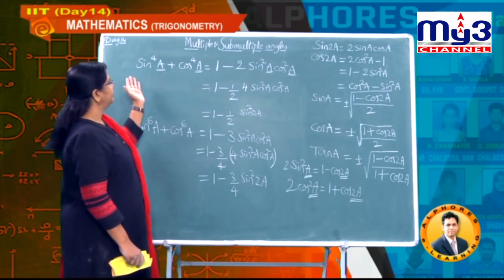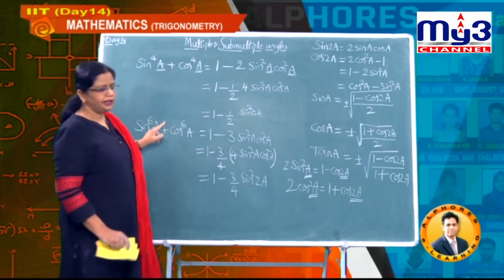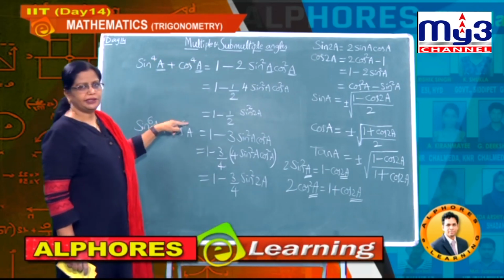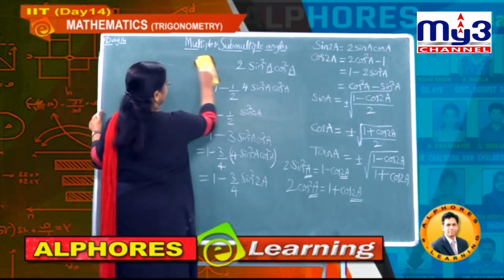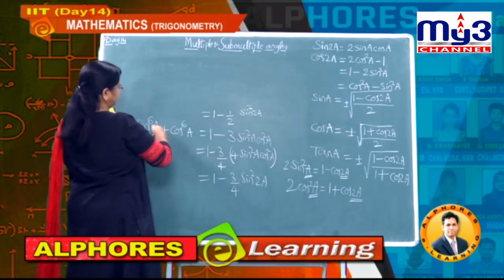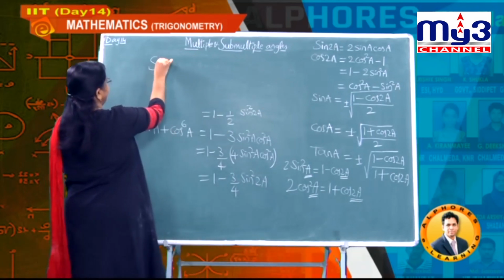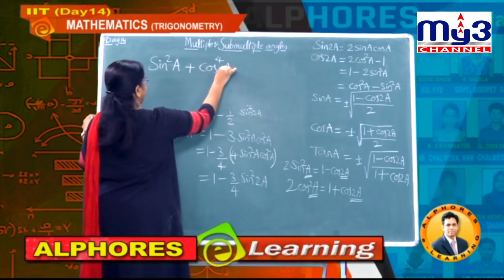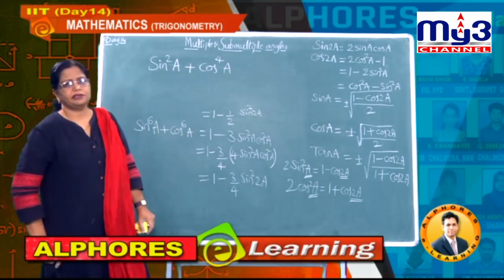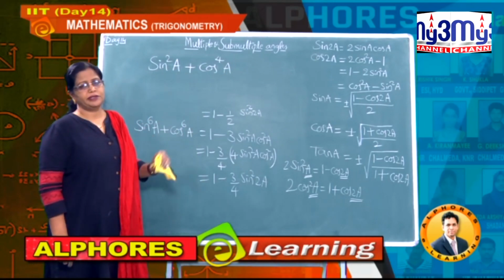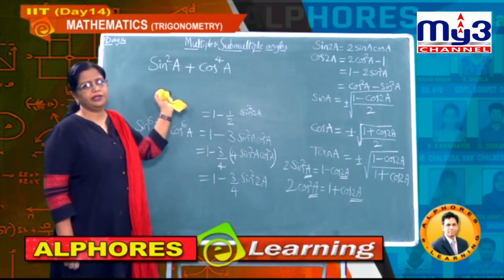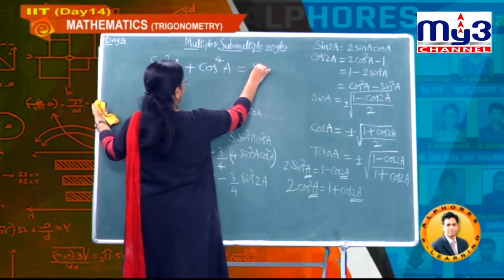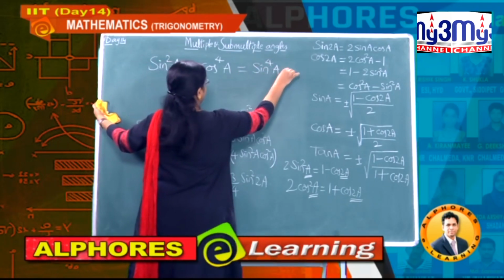And next students, one other important value also, just like this only. Here sin power 4 both are same, and here also both are same, okay. Suppose sometimes we require sin square A plus cos to the power of 4A. This is one of the important expressions which we come across in many other concepts like extreme values, trigonometry, periodicity, etc. And see here the magic is, this is the same as sin to the power of 4A plus cos square A also.